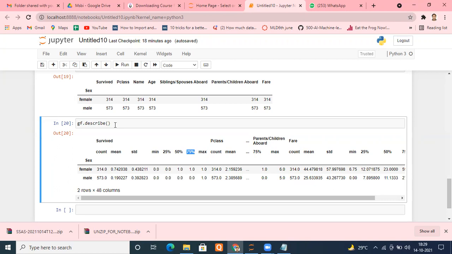Suppose I'm saying 25 percentile. So what can I say? 25 percentile, that means what? Are you getting my point? 25% of values are below me and 75% of values are above me. I hope it is making sense now. Similarly, 50 percentile means 50% of values are below me. It is not percentage, right? Are you getting my point?